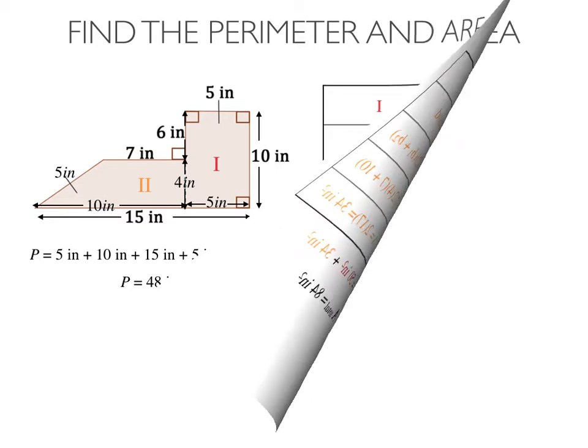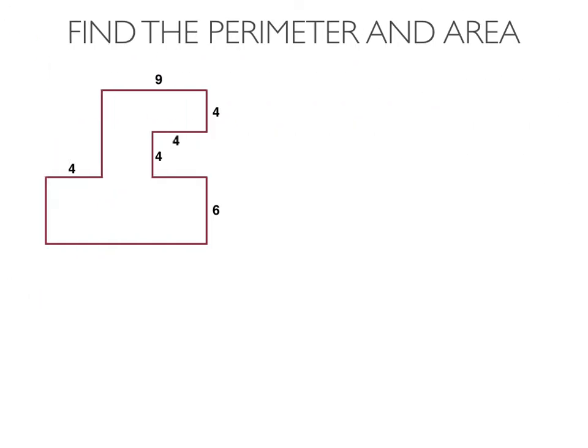Okay, we have one last example, and I want to show you a different technique for finding the area of this shape. But first, let's start with perimeter. Let's label all of our sides. Notice I did 9 plus 4 there to get 13. If the right side is 6, the left side is 6. And 4 plus 4 gives me 8. For my perimeter, let's start at 9 up at the top and work our way around. And we get a perimeter of 62 units.